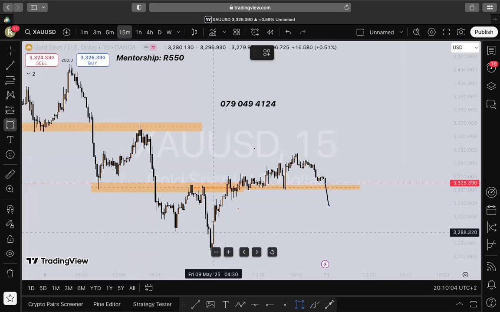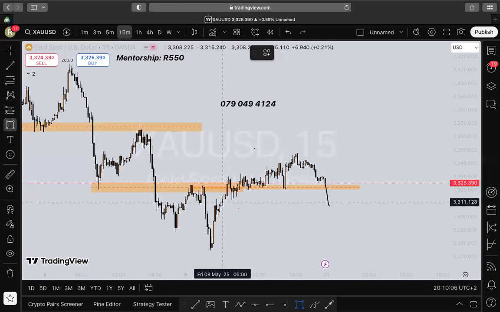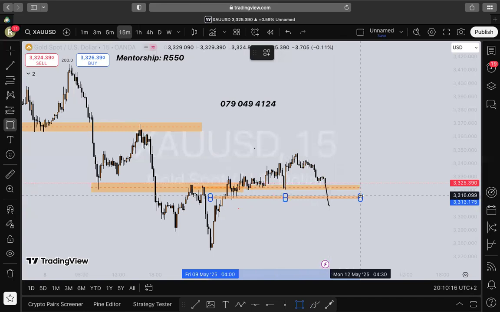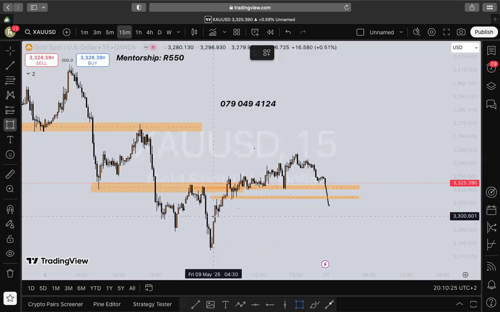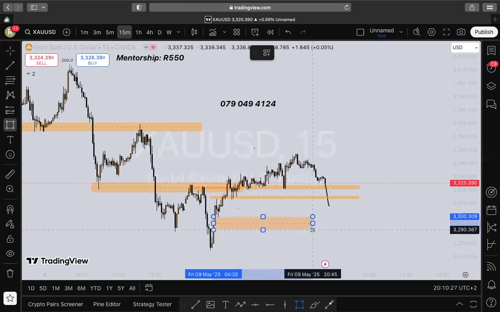Before the fair value gap, can we put a support on that? Okay, this will be your new level of resistance before we continue. Look how the market touched here, right? And again, look at these levels here. Don't worry, it will make sense. And we have this fair value gap here, right?